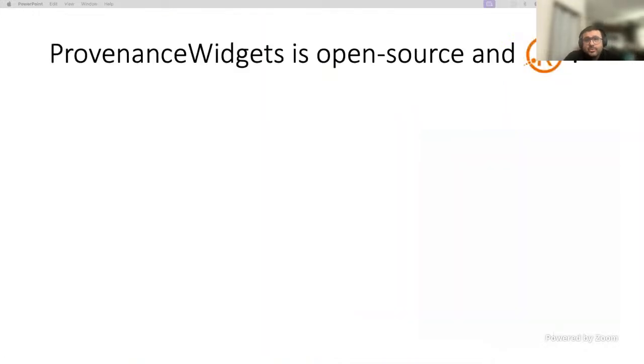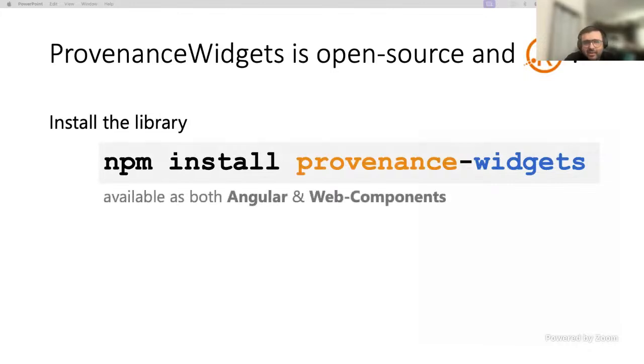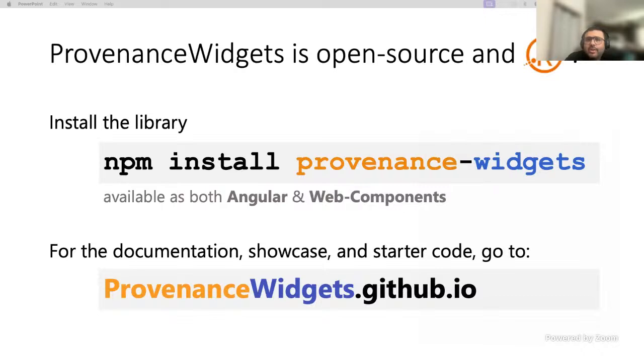Provenance widgets is open source. On behalf of the entire team, I invite the community to use this JavaScript library in your next provenance tracking project. Install it via npm install provenance-widgets. Shout out to my co-author Kostuk for making the library framework agnostic, with both Angular and web components available for broader usage. For more information, including documentation, showcase, and starter code, visit